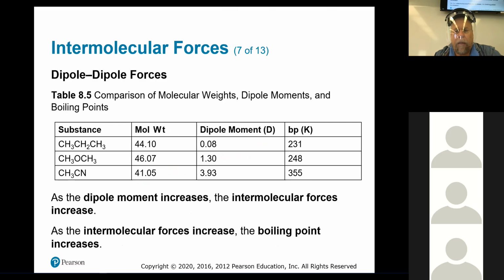Dr. Douglas, do we need to know the trends of like the dipole moment increase and the intermolecular forces increase? Well, yeah. As the molecular weight gets higher, what's going to happen with the London dispersion forces or dipole forces? What's going to happen to them as the molecular weight gets higher? It'll go up, okay? That's the trend. It's a very logical progression here. It's like God designed things very well.